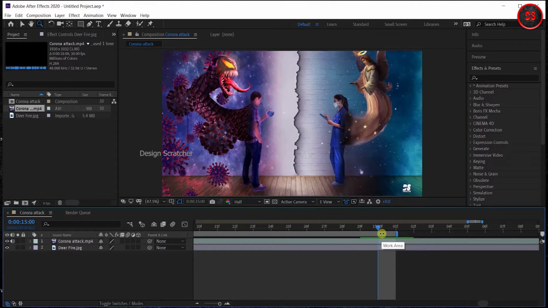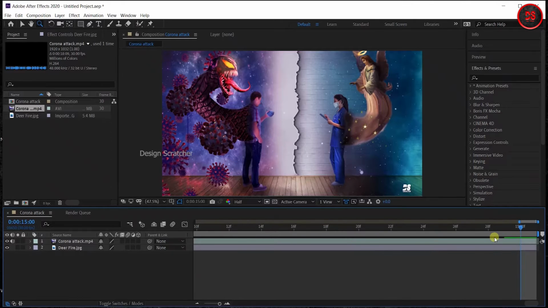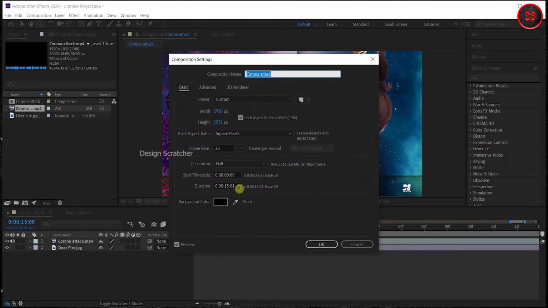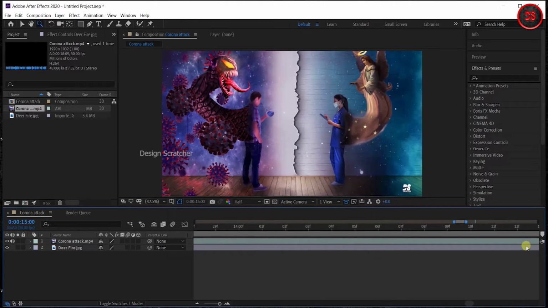Right click, Trim Comp to Work Area, and the composition is set to that. The shortcut for that is N, and right click, Trim Comp to Work Area.